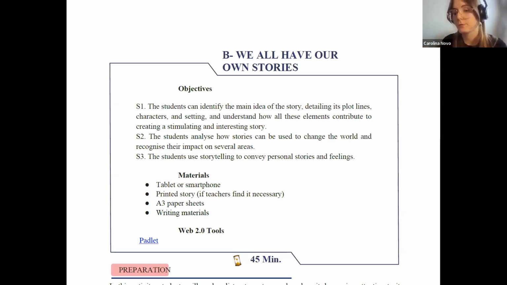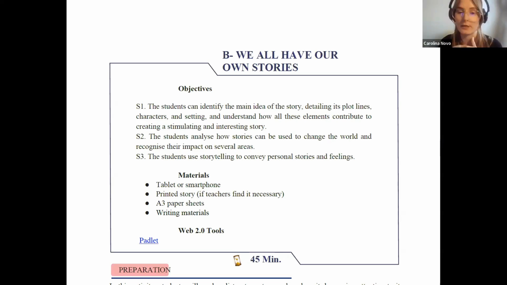But apart from these narrative and story language competences, we also want them to understand how stories can be used to change the world. I think that is one of the purposes of our project. So how storytelling can have a real purpose in the world, not only to tell stories for fun, but it can have an impact.